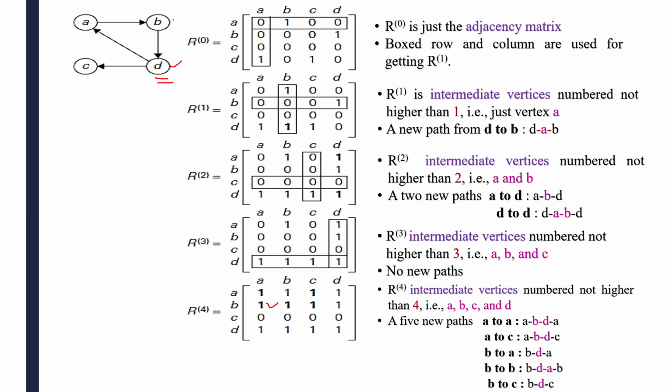In the same way for B to B also, how many intermediate nodes? Yes, we can take D and A as the intermediate nodes, and I'll get the path to B now. In the same way, B to C here, B to D and D to C, the path exists, and that is also marked as a 1 here. Darkened means what? After taking ABCD as the intermediates, these values are changed. Same thing I explained here. We are getting 5 new paths with the help of ABCD as intermediate nodes. This is the result here.